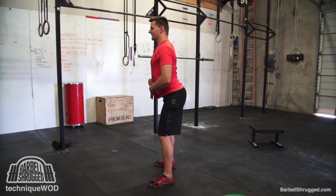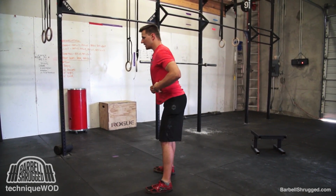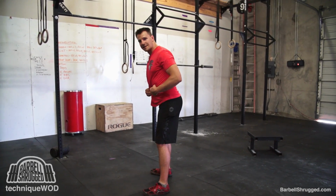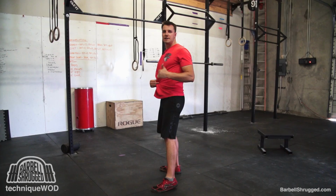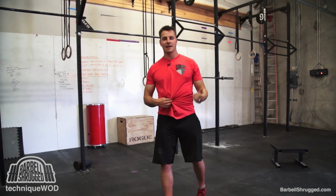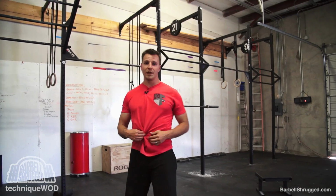I don't want to break and then go down. I want to keep a normal, neutral spine. Butt goes back, but my back position stays the same. So that's point number 1. Always keep a normal, neutral spine. You never want to hyperextend, and you never want to hyperflex, which means to round your back. Okay? Point number 2,